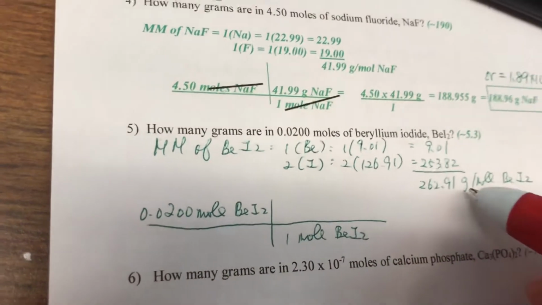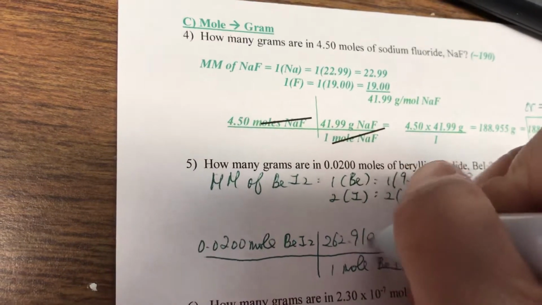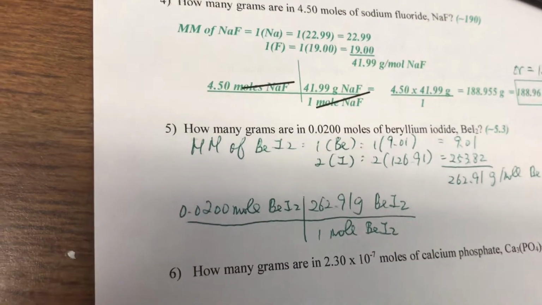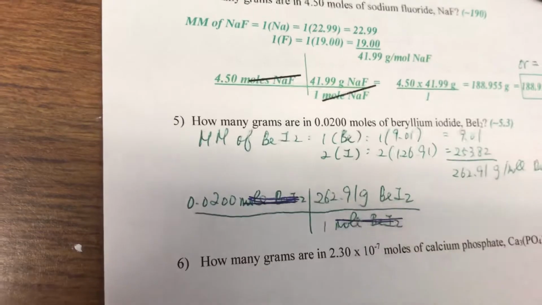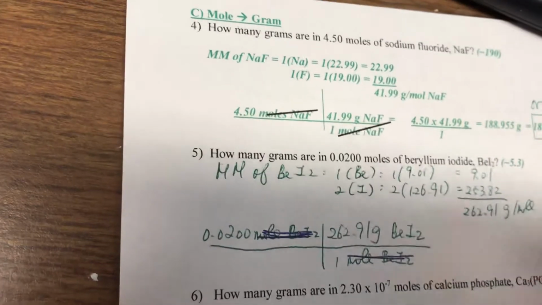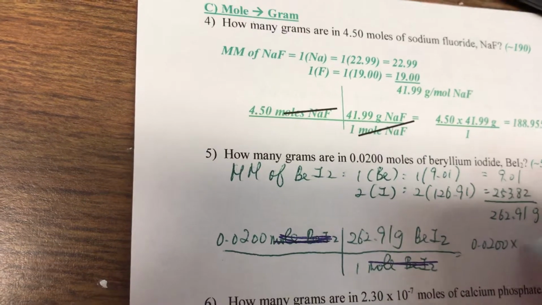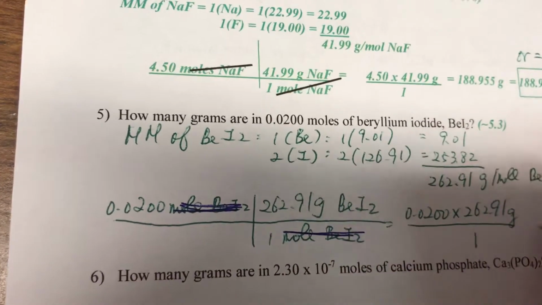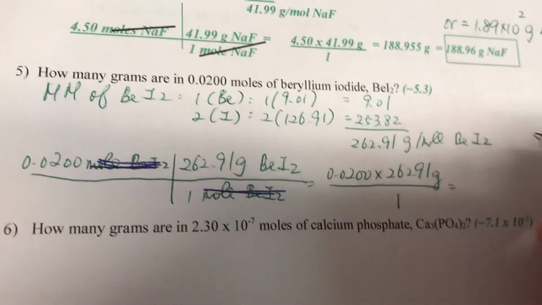So what will be on the top? Will be the gram on the top. 262.91 gram BeI2 on the top. Then I'm going to use my black pen to cancel my mole and my BeI2. Cancel both the unit and what it is. And then I write out the equation, 0.0200 multiplied by 262.91 gram. And then I divide it by 1. And then I punch in calculator, I will get